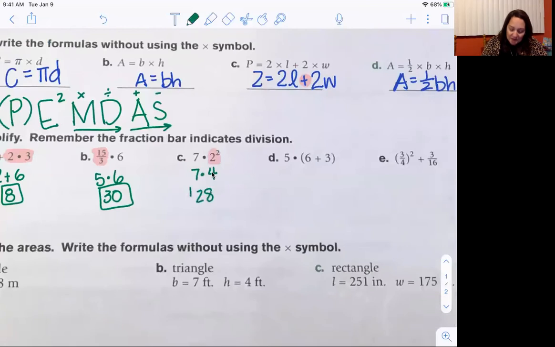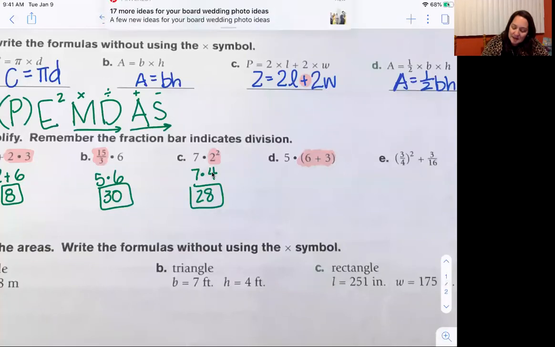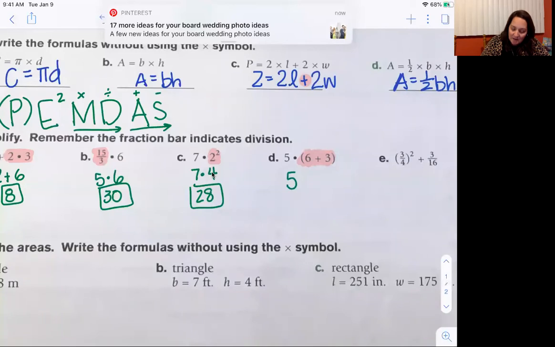7 times 4 would be 28. Letter D, I have 5 times 6 plus 3. Well, I know multiplication comes before addition, but I have it in parentheses. So I've got to do those parentheses first. It's the P in PEMDAS, and it comes first. So 6 plus 3 is 9. So I have 5 times 9, which is